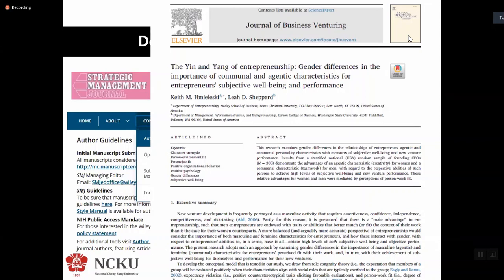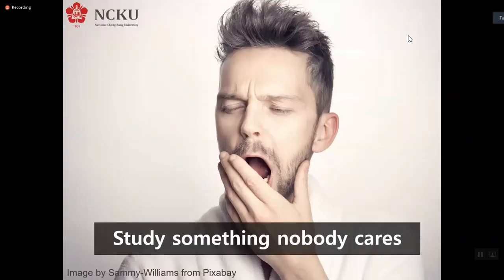Otherwise, you don't even have the opportunity to get your paper reviewed by the other professors. Right. The next step to get your paper rejected is to study something that nobody cares about. So you need to work on something relevant. You need to find out what is the most important and the research idea that will interest the other, especially